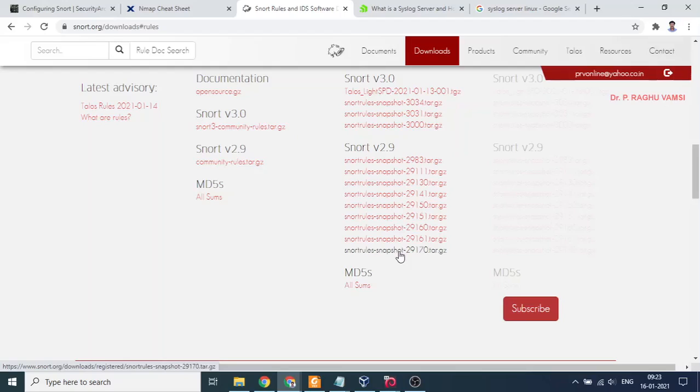That means it's a huge file of rules available. Maybe more than 100 MB, around 140 MB like that. That means simple rules written in text amount to 140 MB. So you can think of how many entries, how many rules, will be available.